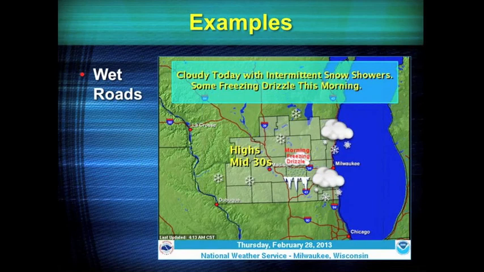Spread roads, that is something we definitely would like to cover. In this instance, we had some freezing drizzle, and it was mainly occurring on untreated roads where we're seeing the worst of it, and that was due to not only the light freezing drizzle, but because of the wet roads freezing over when the cooler temperatures hit overnight.